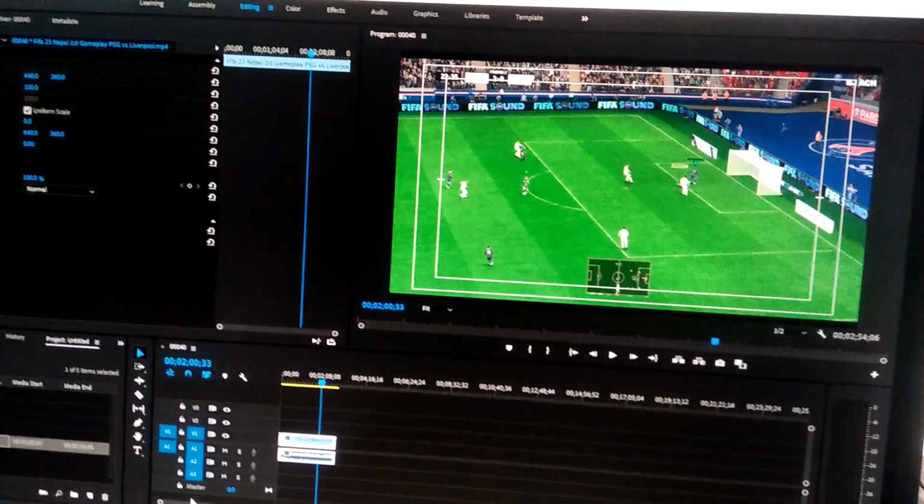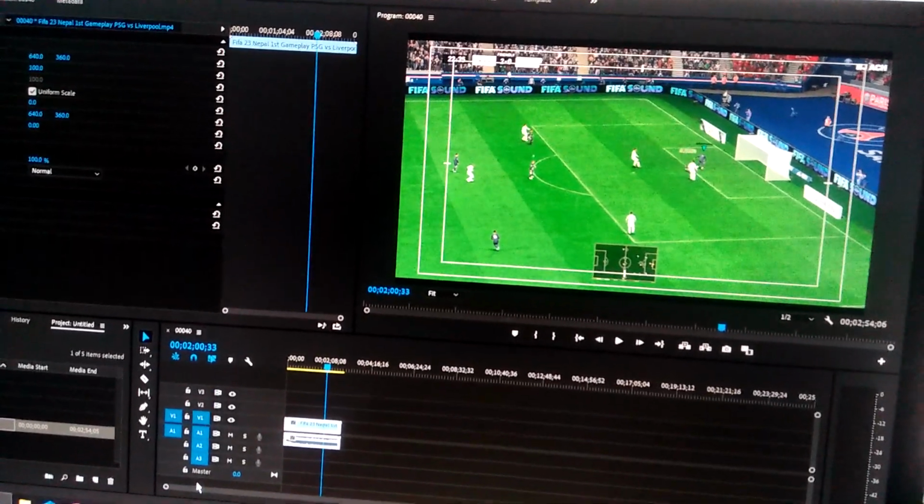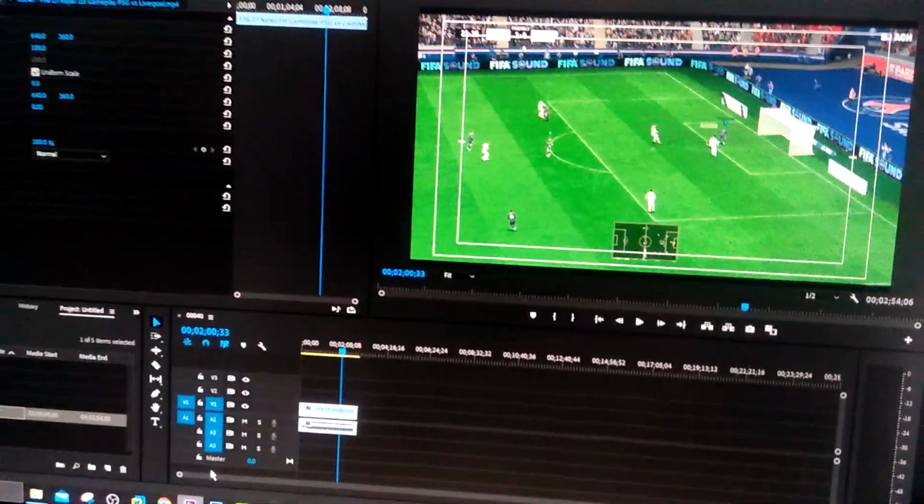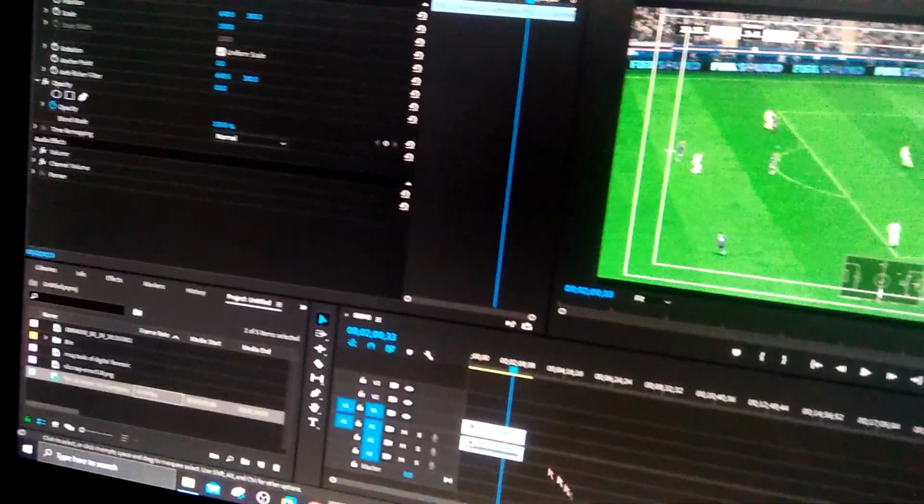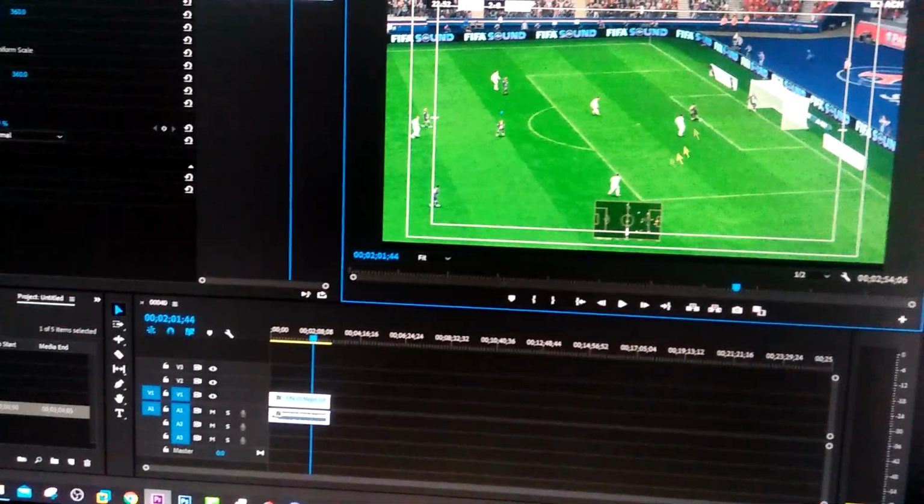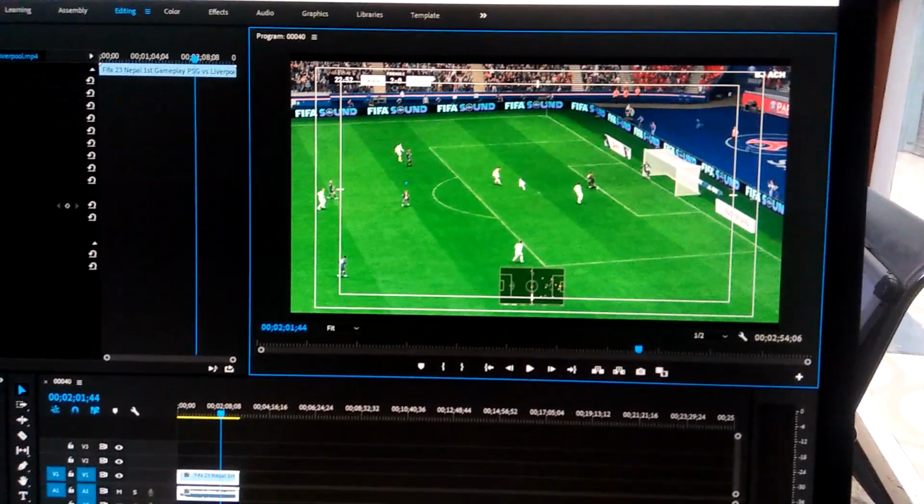In Premiere Pro, how to export or how to get an image from a video. So we have a video here. Let's play it. Now if you want this particular section as an image,